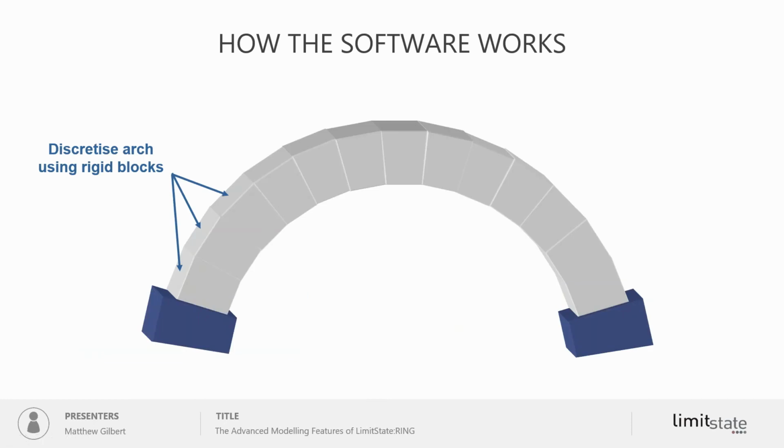I think it's important to just say a few words about how the software works, even though this is primarily focusing on advanced modelling features. So if you choose probably the simplest structure you can imagine, it's a single span masonry arch vault, so there's actually no soil around here. What we do is we discretize that arch into rigid blocks,